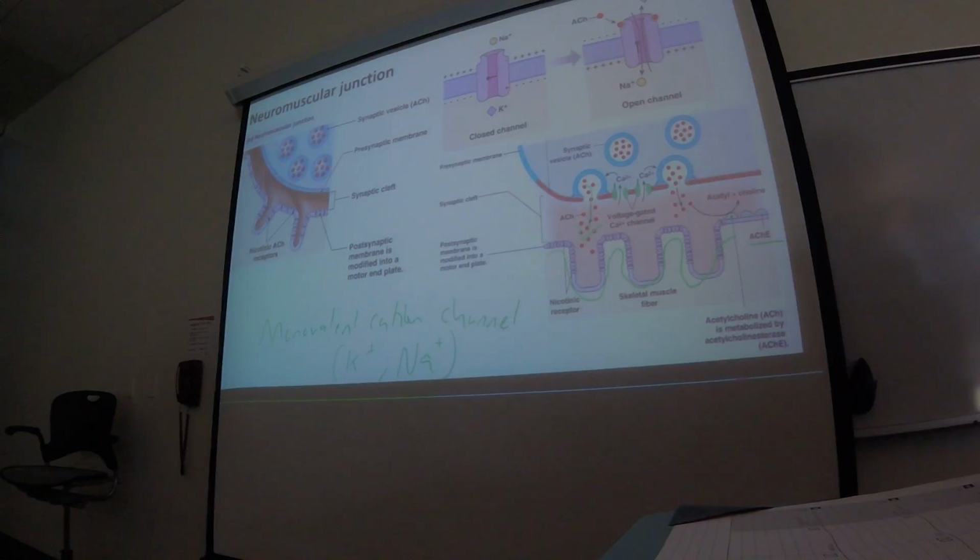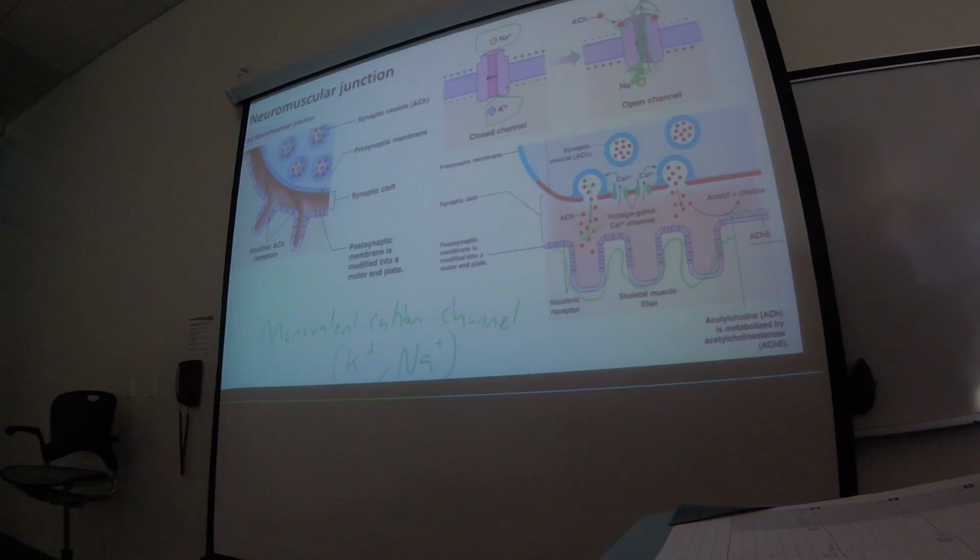In this diagram, you can see we have a lot of sodium on the outside and a lot of potassium on the inside, and when this receptor gets acetylcholine, the gate opens. So this is an example of a chemically gated ion channel, right? And when it opens, sodium is going to rush in,